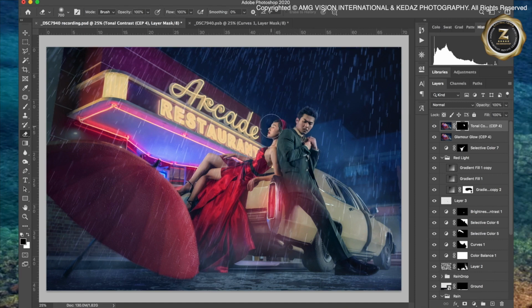I want the tonal contrast to the subject. So I just brush the area. Okay, so you need to brush the area you want to have the tonal contrast. See, I want the car. So the purpose for this one is I want my subjects to pop out from the background. So I want my background look soft, but I want my main subject to look more